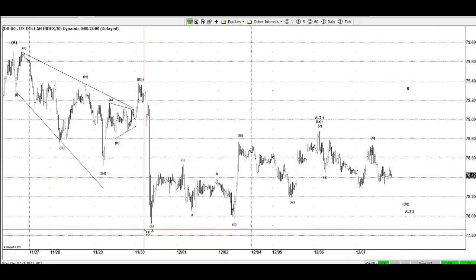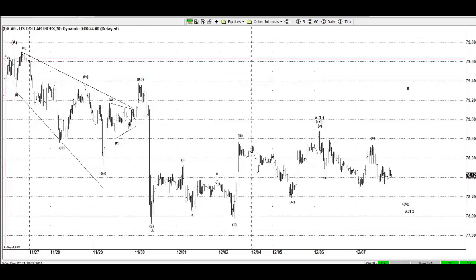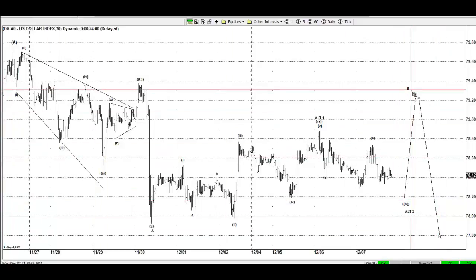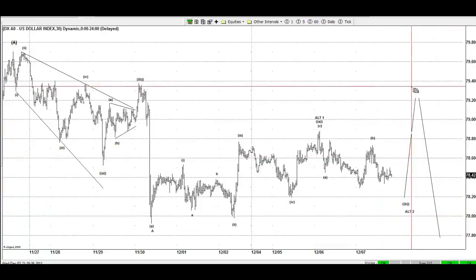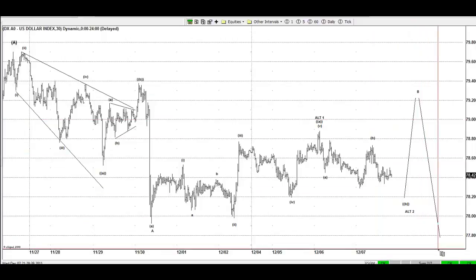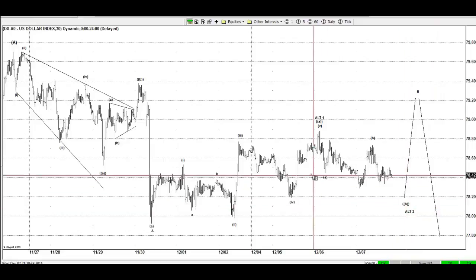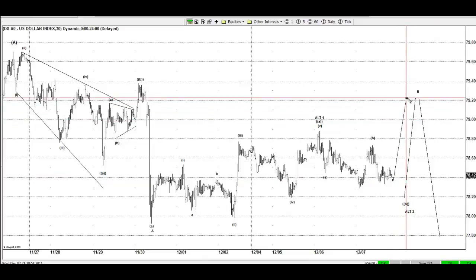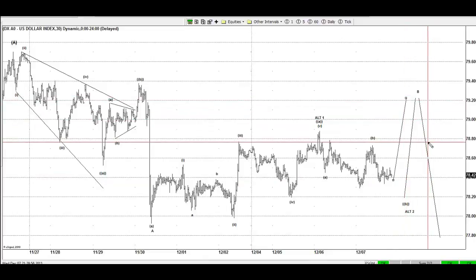So what are we expecting for tonight? We're expecting maybe a small dollar weakness and then dollar strength. After that dollar strength, we should be able to see the weakness that we are expecting into the C wave of a proposed B wave of a 5-wave leading diagonal from the lows. So for tonight, either from 78.20 or from the current level, the dollar should trade higher to 79